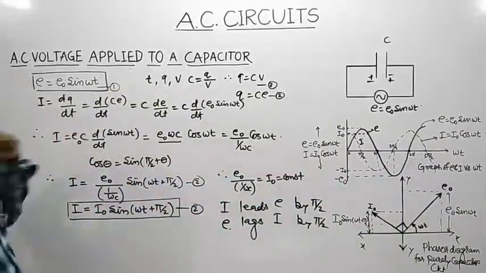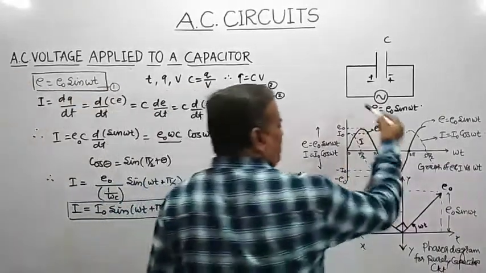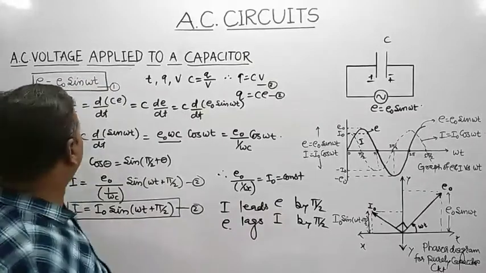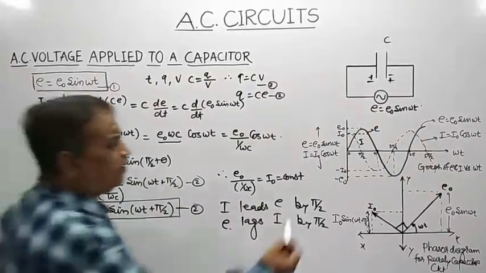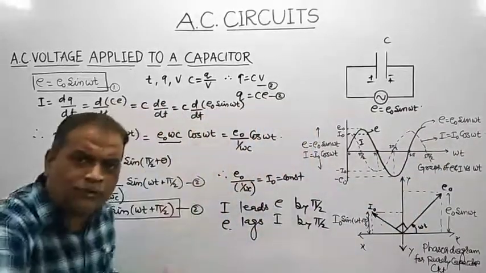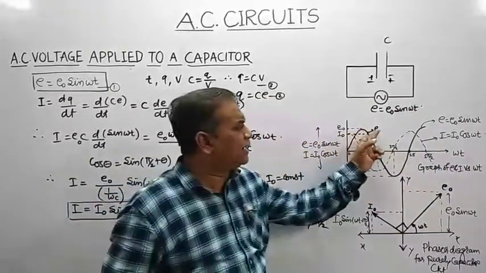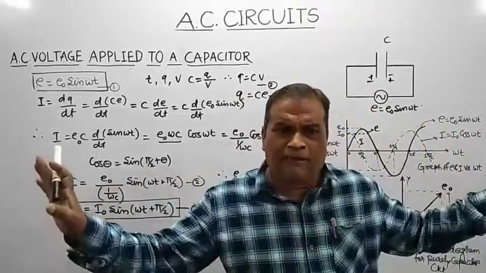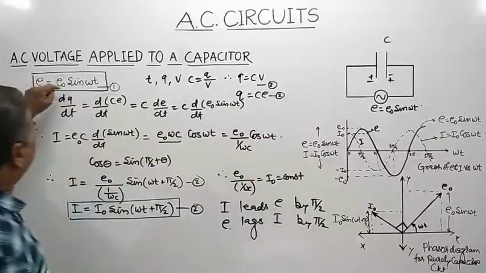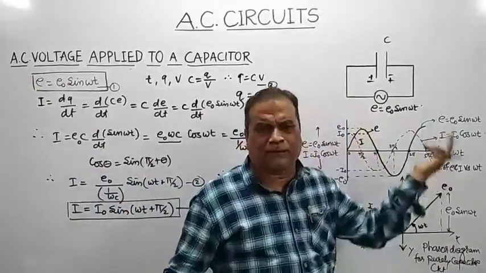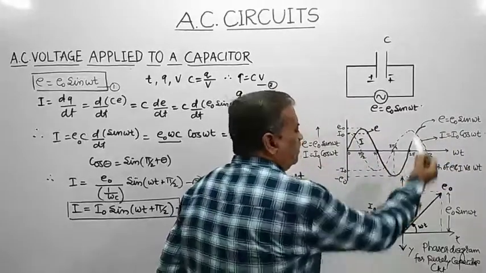Now, as far as these equations are concerned, they can be represented on a graph paper. Remember one thing, E equal to E0 sine omega t. Sine omega t means this alternating EMF must be a sine curve. This dark sinusoidal wave will represent an alternating EMF E equal to E0 sine omega t. Nothing needs to be memorized. E equal to E0 sine omega t means alternating EMF can be represented by a sine wave. This is a dark sine wave.